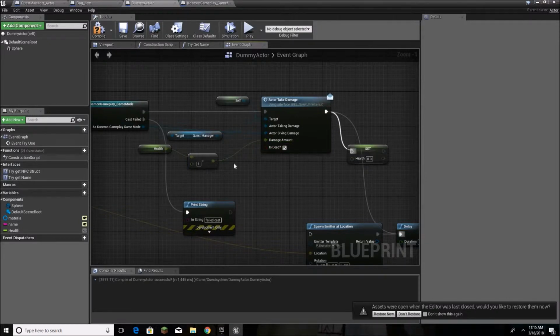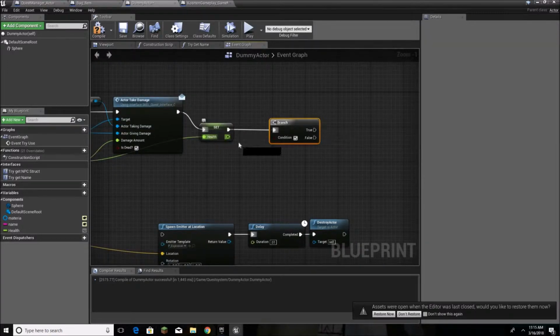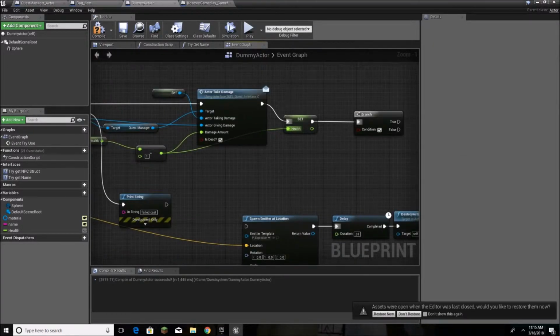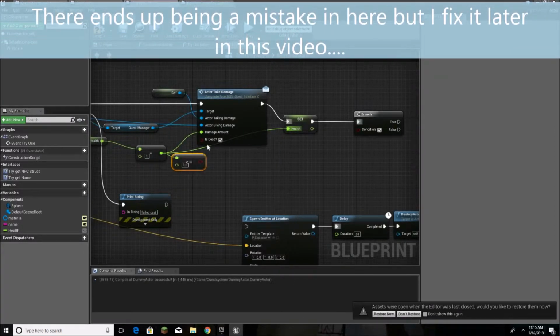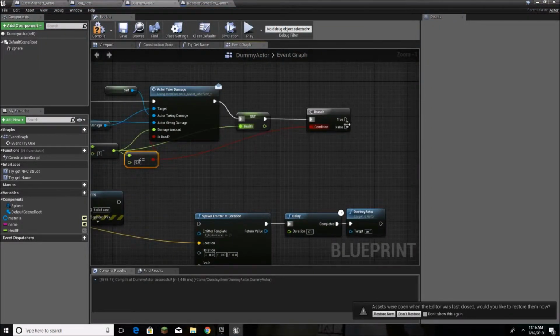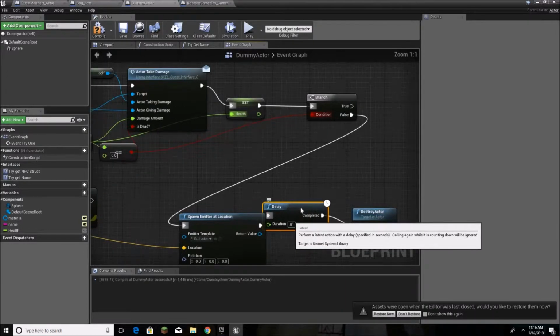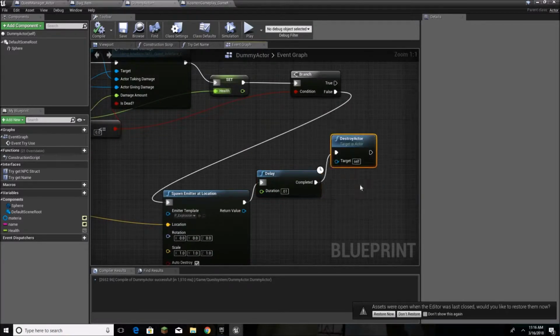I'm going to set it to whatever the new amount is. I have a branch. I'm going to say, is this less than or equal to 1? If that's true, then it's dead. And if it did die, then I'm going to come over here, spawn the particle system, and delay some really small amount of time, just enough so that when the quest manager is going through, there's no problem, because if you just delete it right away,